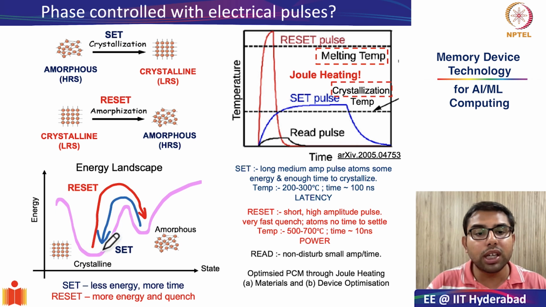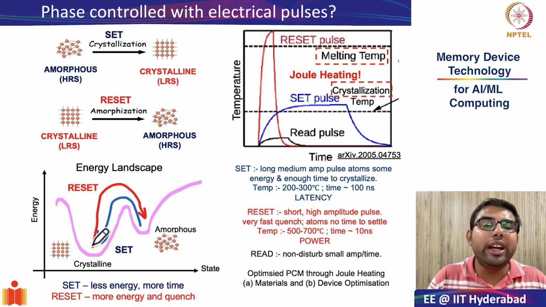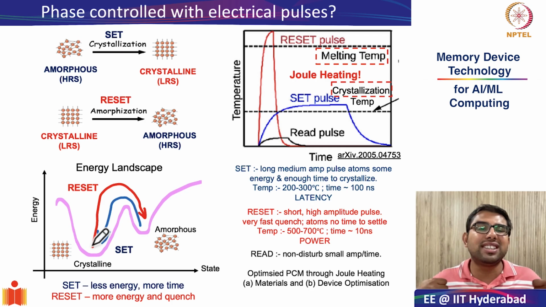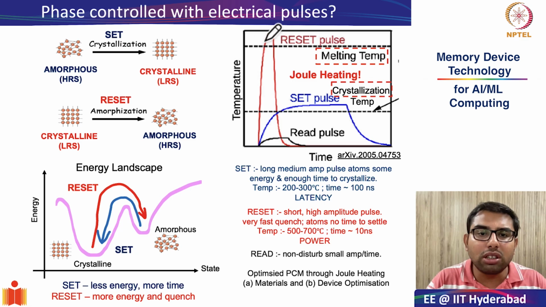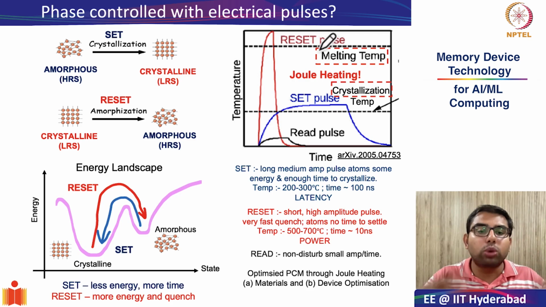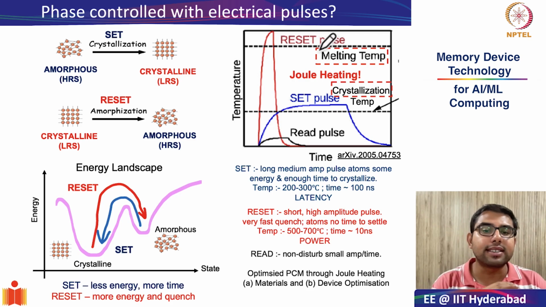However, when you go from the crystalline state to the amorphous state, which is your reset cycle, you need to give it a jolt. You need to give the system a very large amount of energy, take it very close to the melting temperature, where there is a lot of disorder in the system, and quench it back. Quickly drop back, remove the heat from the system so that the disordered state or the amorphous state